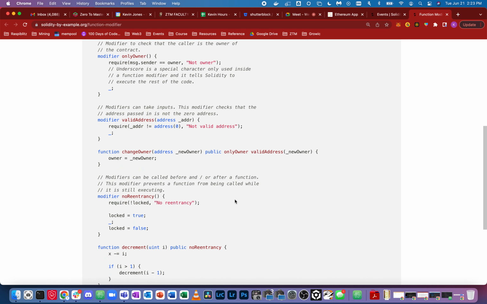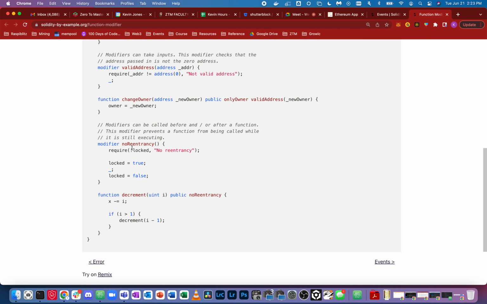And then here's another example of a no reentrancy attack thing, where we set a Boolean where we lock the modifier. In this case, we require that the function modifier is not locked, so that there's no chance that the function can be re-entered somehow, or paused and looped through in a way where you could